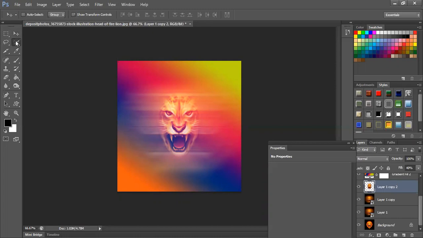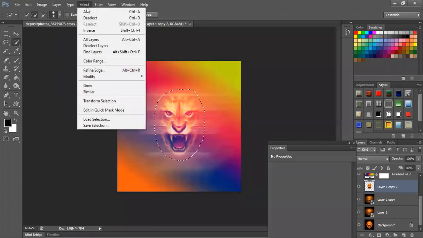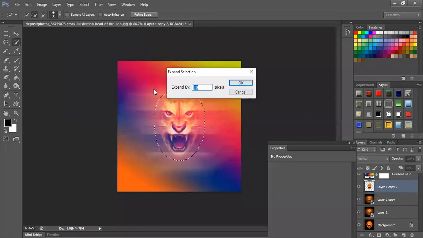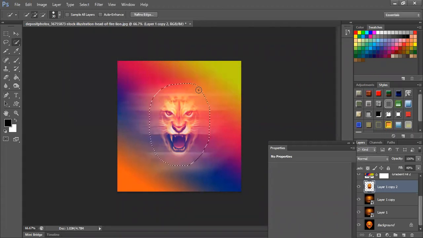Okay, I selected the area of the image using quick selection. I quickly went around and selected only the center area of the lion, not the entire lion, but only the face of the lion. Once I have selected the face of the lion, as of right now it's already selected, I went to the select tool up here, went to modify, then expand to increase the pixels. Right now this much is selected. I want more area to be selected, so instead of 20 pixels, I'll say 25 pixels. And you'll see the selection will increase.